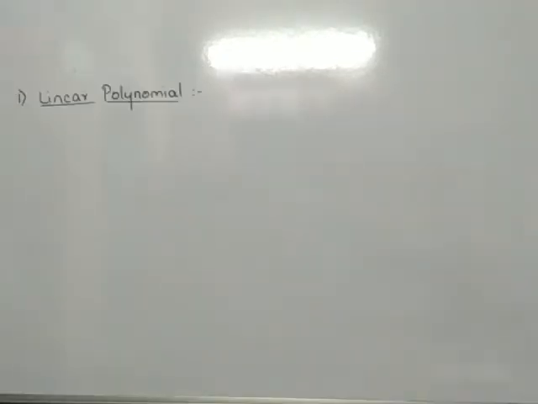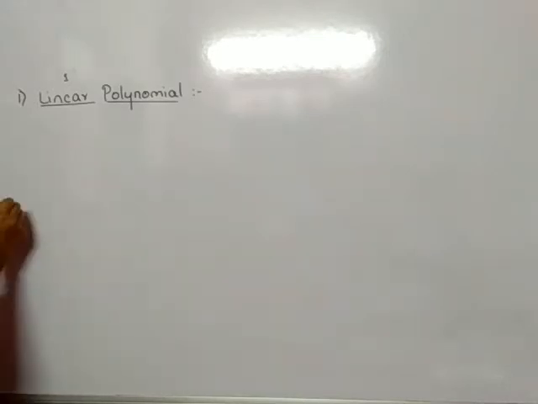Okay students, next we will learn the second classification of the polynomial, right? The second classification is done on the basis of the power of the variable, isn't it? So we will learn them one by one. In that, the first polynomial is the linear polynomial. Linear means 1. Linear means always 1, right? A polynomial is an algebraic expression. An algebraic expression whose degree is 1, such types of polynomials are called linear polynomials.